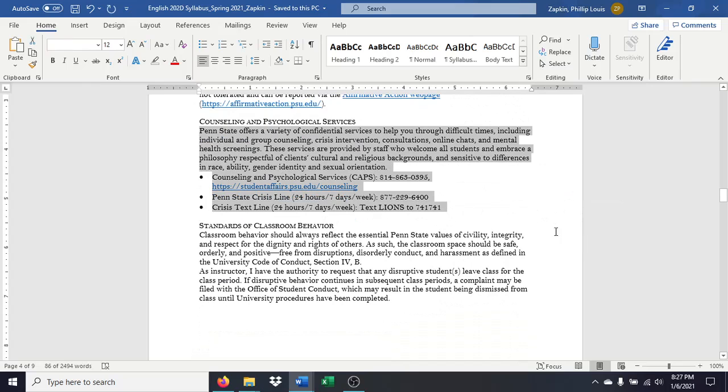Counseling and psychological services. This is a really, really big one because over the past 10 or 15 years, rates of mental illness and mental distress have gone substantially up among students. So that includes everything from depression and anxiety to schizophrenia to homesickness to all different kinds of mental health issues.